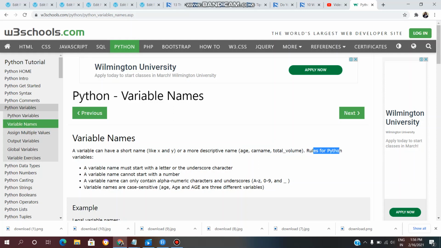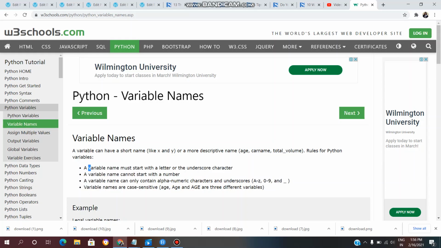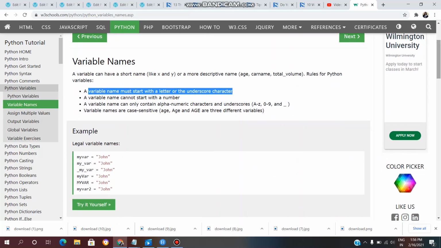We have a few rules for naming variables in Python. We will see them one by one. First one, a variable name must start with a letter or an underscore character. Second, a variable name cannot start with a number.